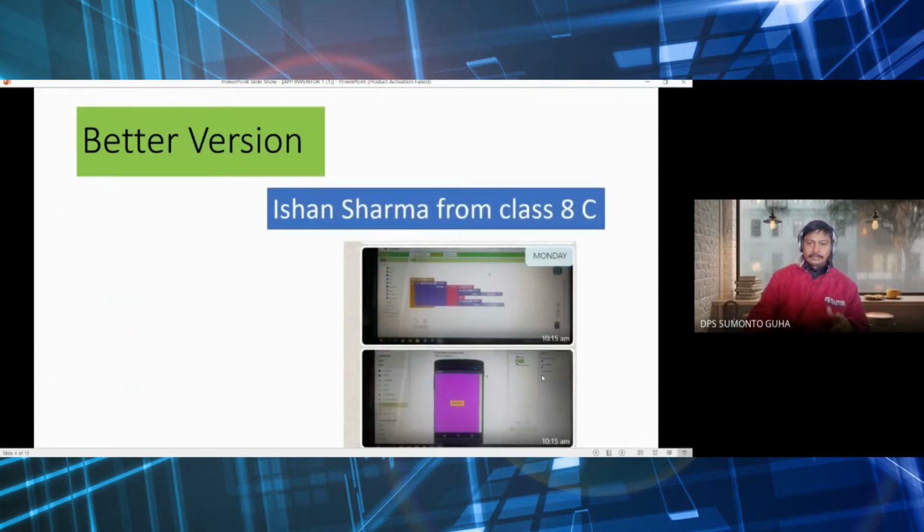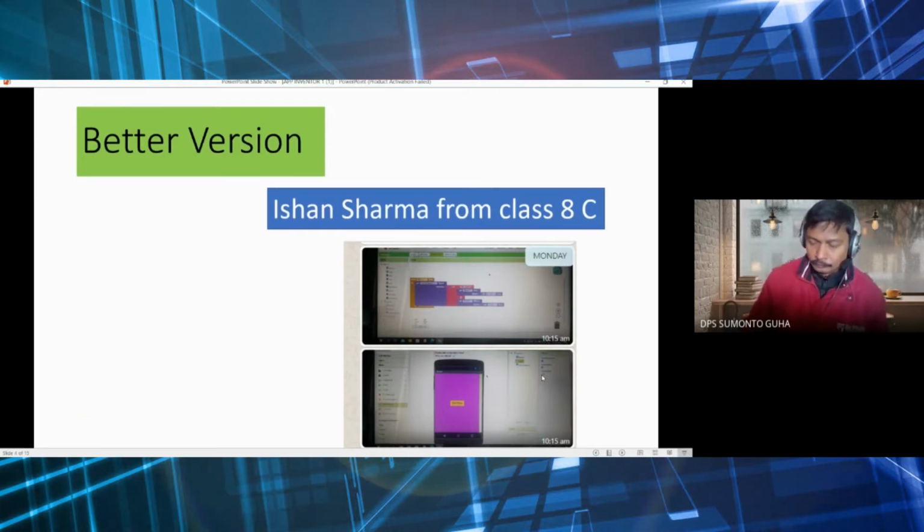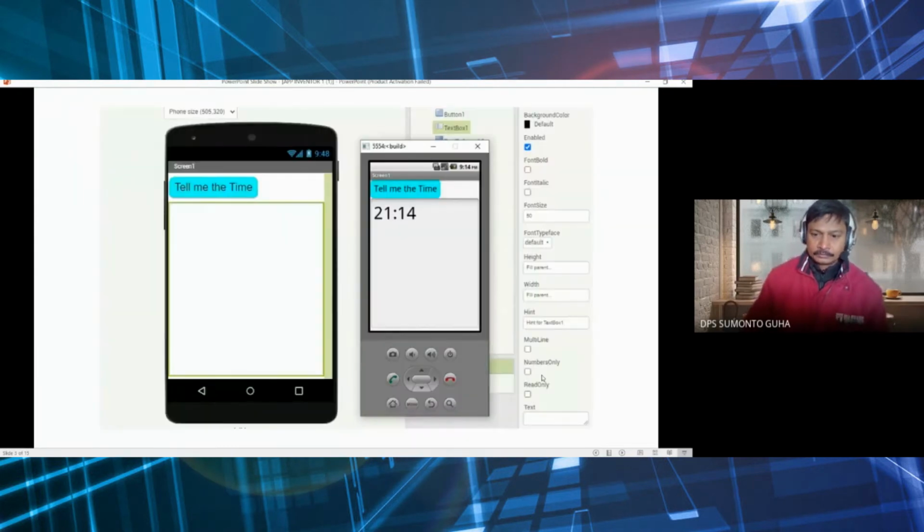A better version Ishan has given me: on the same day he created a program and sent it to me on WhatsApp. So taking the clue from Ishan's program, I am just making the change. Okay, and this is the next program which I've created. So all of you just pay attention here, and I will show you the code, and this is a much better way. And in this I have also taken the tell me the time. It will tell, as well as it will also show me the time. Okay, so in this case I have taken first the button,